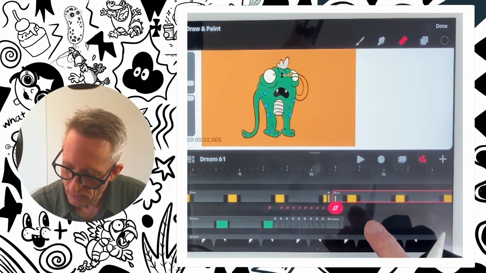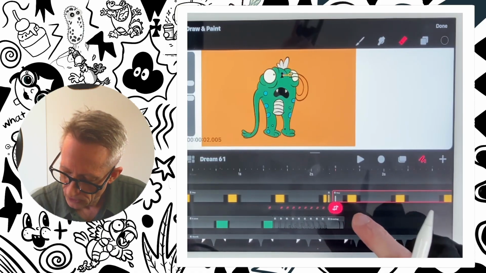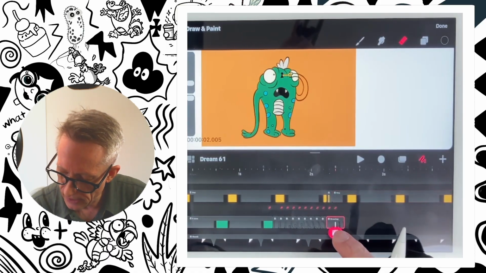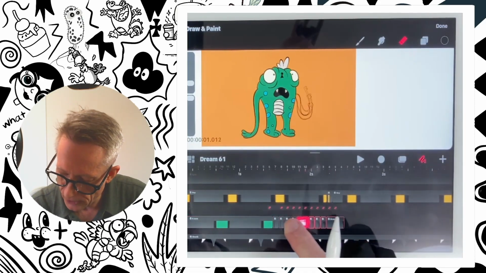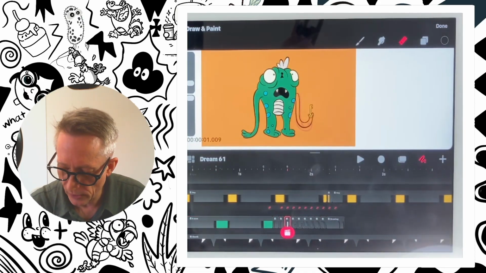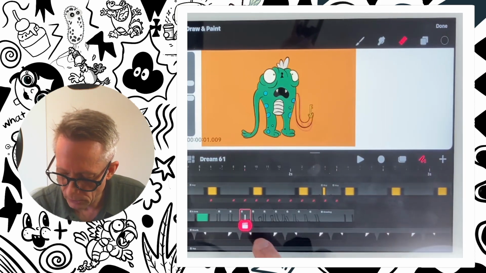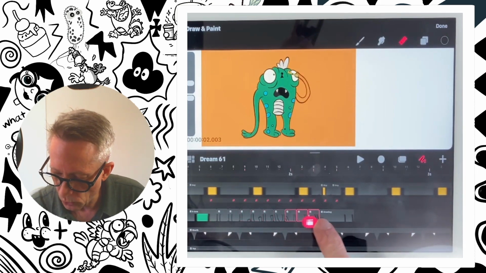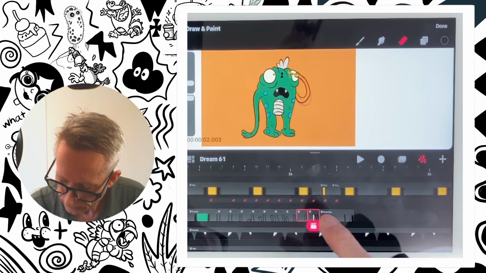All right, and from that position, we're going to have his arm come back down. So what we can do is we can actually take all of these animations that we did and reverse them. Now, there's not an easy way to do that. So it's a lot of moving around. So what I'm going to do is I'm going to take that one where it's that next one that goes down, that one right there, and I'm going to duplicate it. So if I hold down on it,